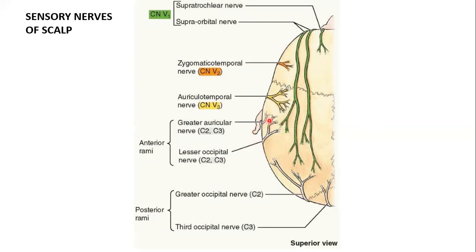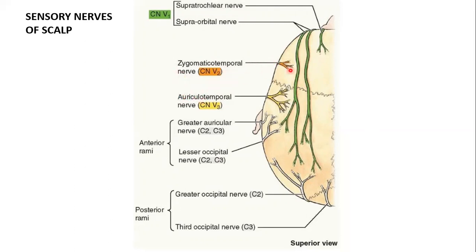So what lies anterior to the auricle? All the nerves come from cranial nerve 5, the trigeminal nerve, which has three parts: one, the ophthalmic division, two, the maxillary division, and three, the mandibular division. From the ophthalmic division come the supratrochlear and supraorbital nerves, supplying this area, and the zygomaticotemporal